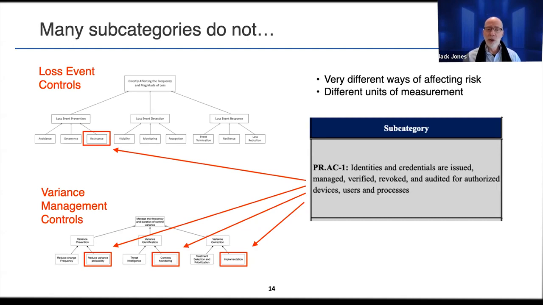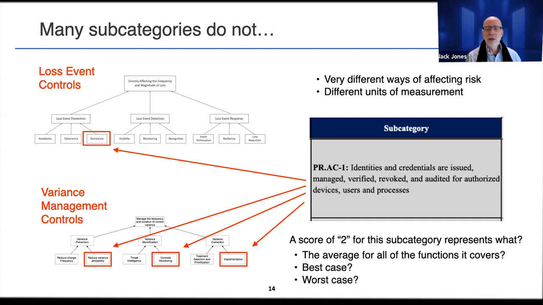this is a challenge when we take a measurement, say a control like this has been measured and given a rating of a 2, let's say. Does that 2 represent the average for all of those different control functions? Is it the best case? Is it the worst case? That presents a very significant measurement challenge in terms of somehow translating that 2 into actual real measurements, units of measurement. So again, this creates a significant challenge that has to be overcome if we want to eventually be able to take NIST CSF scores and apply them to a risk analysis and have it stand up.